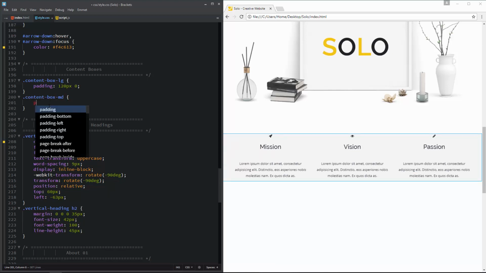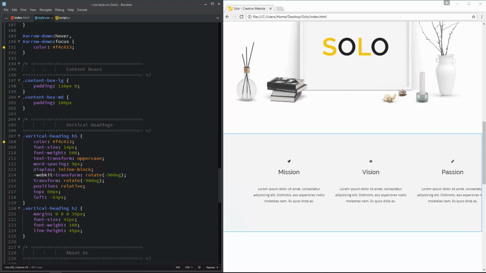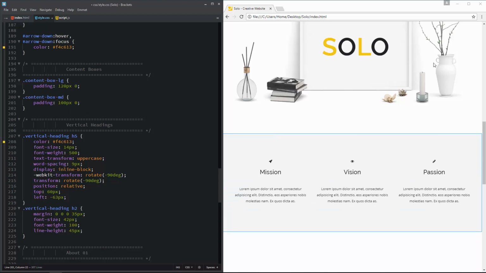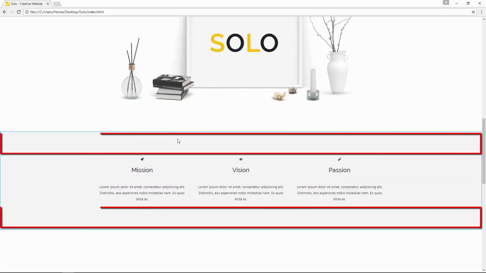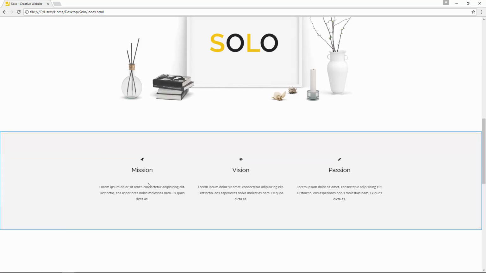I am going to set the padding, and the top and bottom values are 100 pixels and left and right is 0 pixels. Now you can see in live preview it has created a nice 100 pixels top and bottom spaces. Perfect. Now let us apply style to these columns, to these boxes.